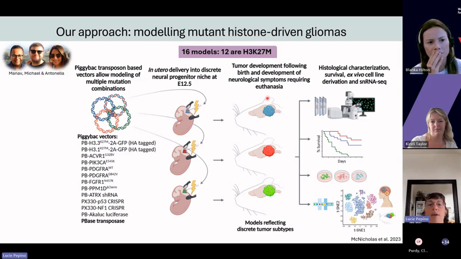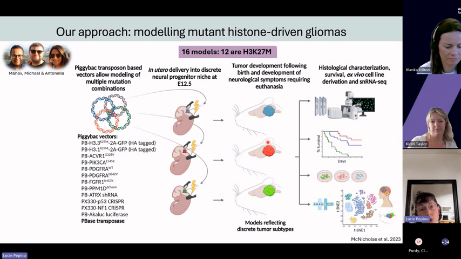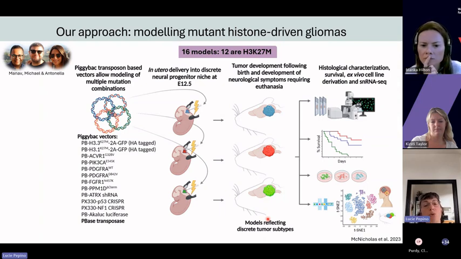And so they developed tumors, and at some point they developed neurological symptoms from the presence of a big tumor taking up the brain and requiring euthanasia. At that time, we reached the humane endpoint of the study, and we euthanized the mice, allowing us to harvest some tissue. So they were able to thoroughly characterize this tumor on both histological level and molecular biology level,